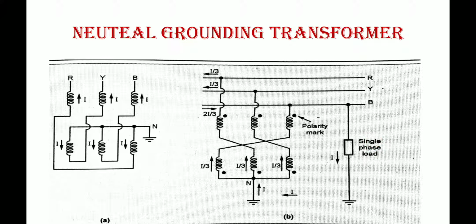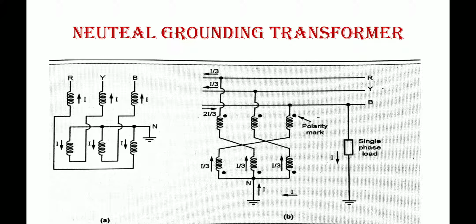So I hope this is clear: what is this? Neutral grounding transformer itself. So nothing much I told here. The main intention behind this neutral grounding transformer is the creation of the missing neutral point, which will not be there in delta connected systems. So this 3-phase 3-wire system is changed into a 3-phase 4-wire system. How is it going to be done? That is going to be done by the grounding transformers.